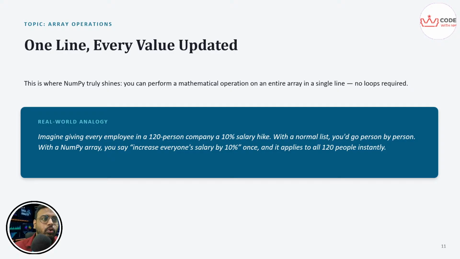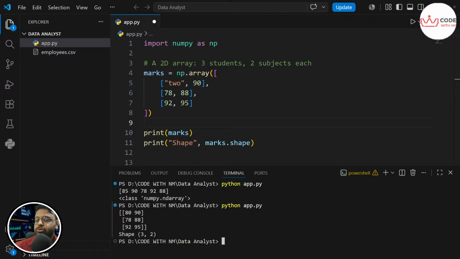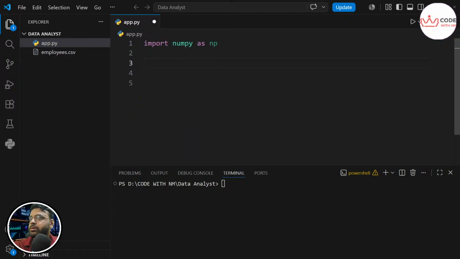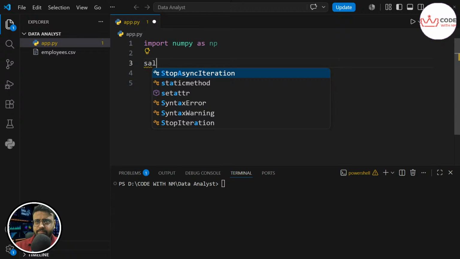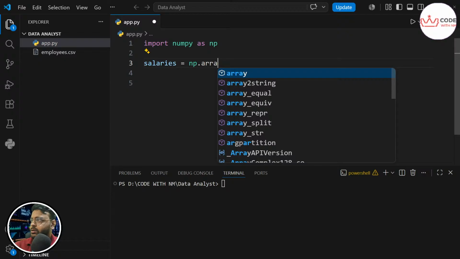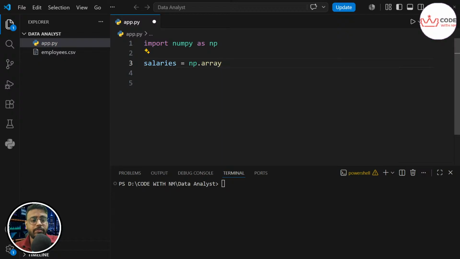Let's see through code. Let me clear the console first, and let's remove this code, and first create salaries, and it should be an array, of course. Let's say one salary is 40,000.